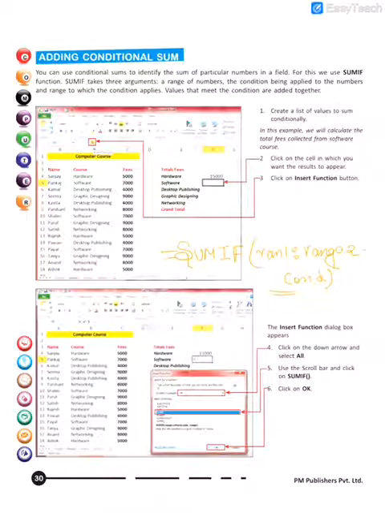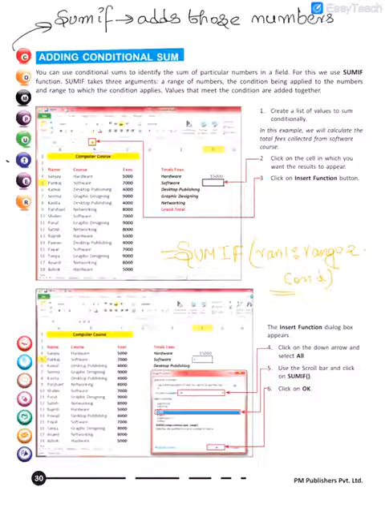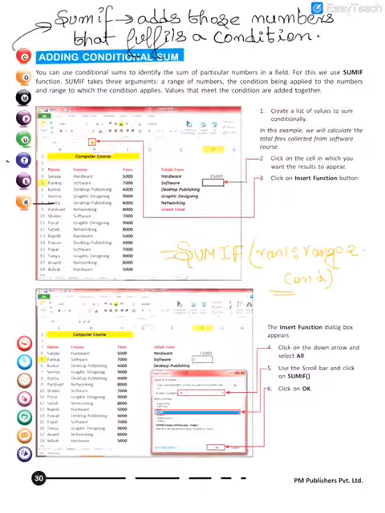So SUMIF, what is the purpose of SUMIF? SUMIF is used to add those numbers that fulfill a condition.